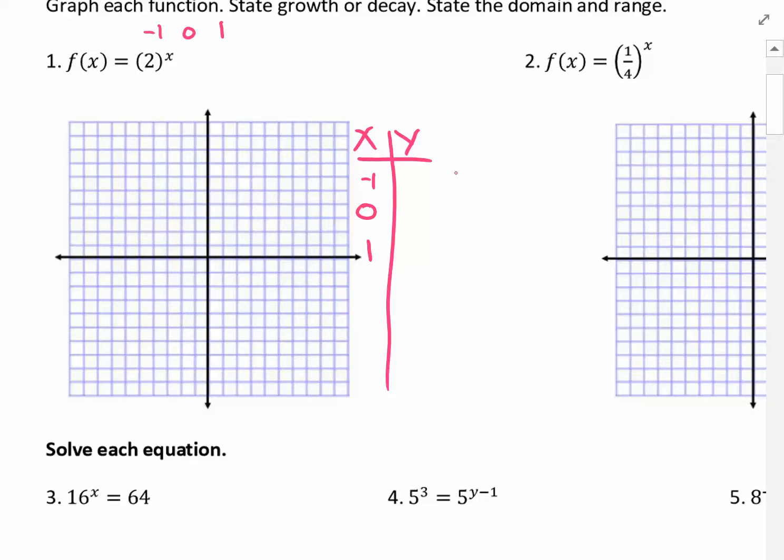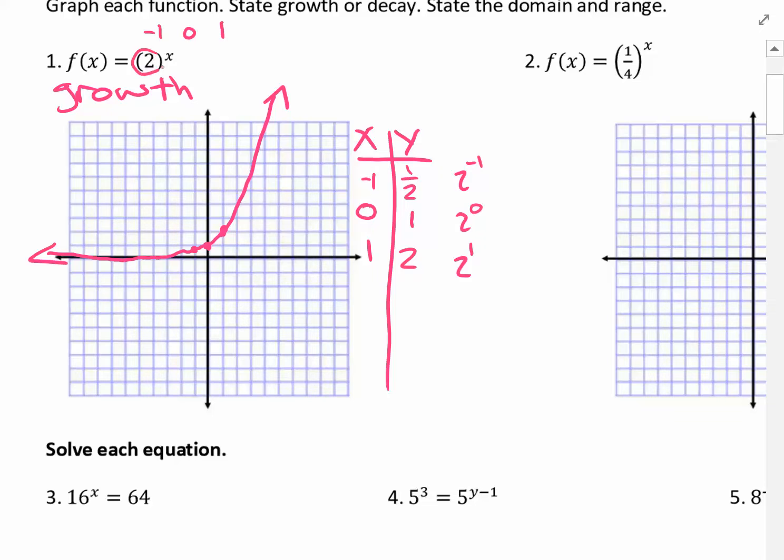So you plug those in. You're going to have 2 to the -1 is 1/2 (flip), 2 to the 0 is 1, 2 to the 1 is 2. So we have 3 usable points for our graph. You want the horizontal part of it to be really nice and flat and not go below the line. And we're done. This one is growth